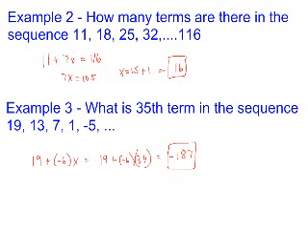But again, we can just use this algebraic representation to help us understand it. Okay, an arithmetic